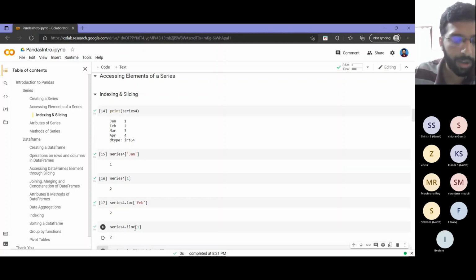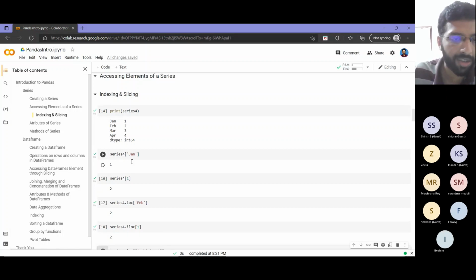Because we will be using this loc and iloc throughout, because that is part of the Pythonic way of writing the code. You don't want somebody who is reading your code to be wondering what you are calling. Even in our graded quiz, there are questions like this. The first part, you can find out easily if you try to think in terms of loc and iloc. So that is the first thing that I would like you to keep in mind whenever you are writing code using pandas in Python. Always go for loc and iloc. Even in the new compiler versions, you will get some errors, not errors, warnings.